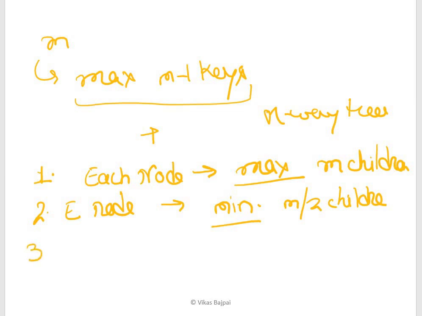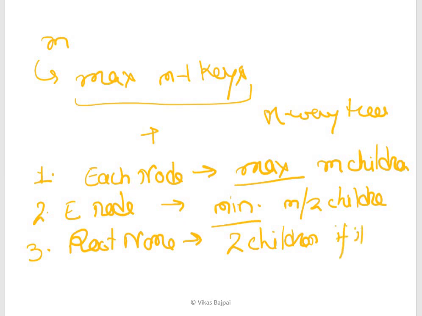And your root node has at least 2 children if it is not a terminal node.